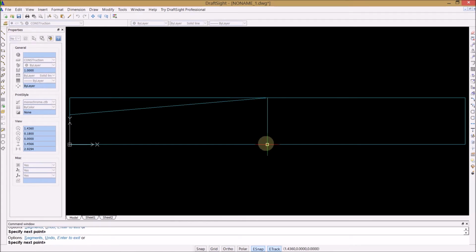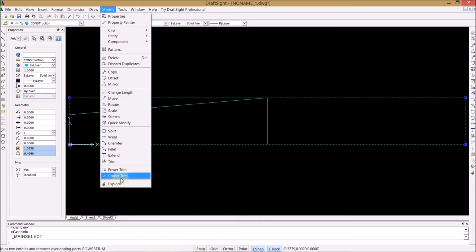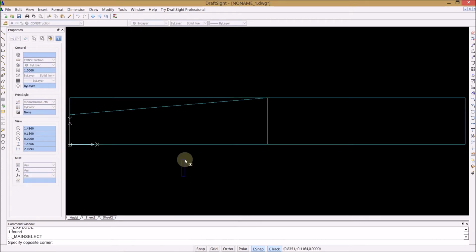You see how it all highlights when I hover over it? So I hit escape, get out of my current command, select the rectangle, go modify, explode. Now, see how only the bottom line lights up? So I'm going to trim that,